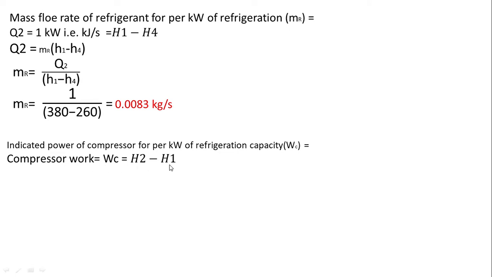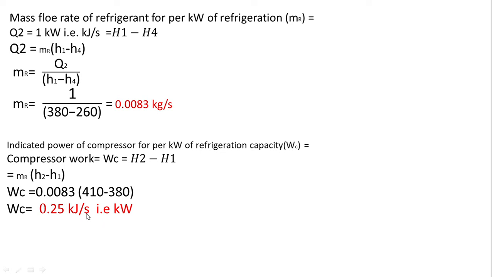WC is equal to the mass of refrigerant into H2 minus H1, and the mass of refrigerant we have calculated for 1 kilowatt of refrigeration effect. So it is 0.0083 into H2 minus H1, and you will get